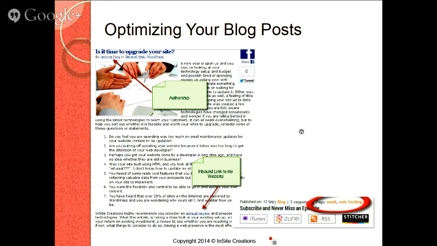Okay, so optimization isn't just for website pages. You also want to make sure that each of your blog posts is optimized. There are a number of ways to do it. First of all, make sure that you have really good content, and that your title tag, which is the title of your blog post, has some good keyword phrases in it,